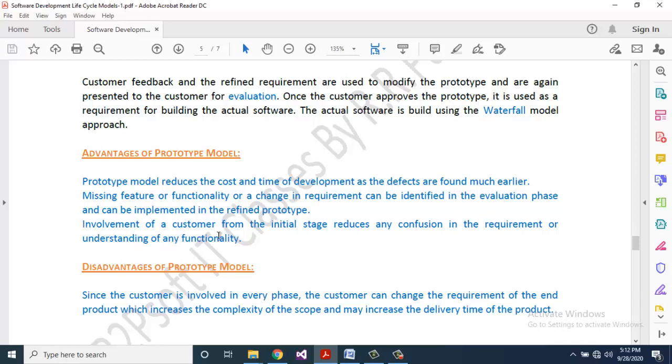Involvement of a customer from the initial stage reduces any confusion in the requirement or understanding of any functionality.